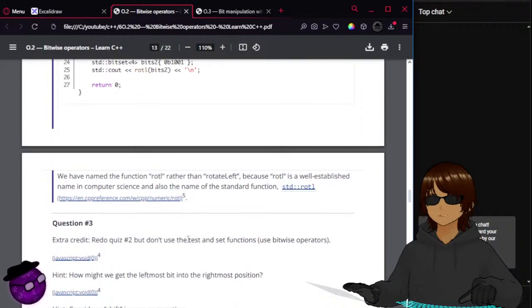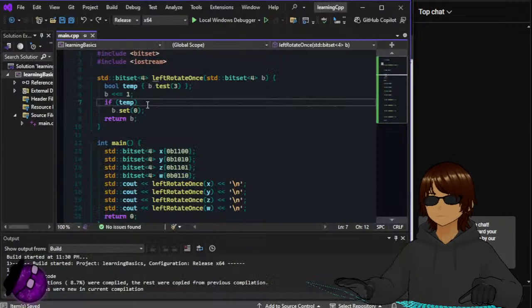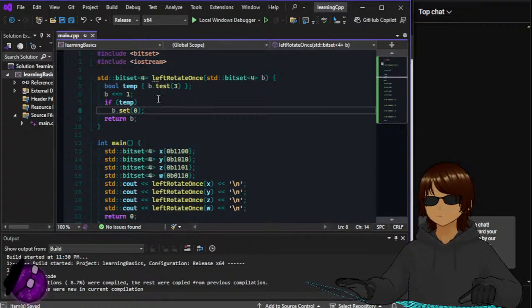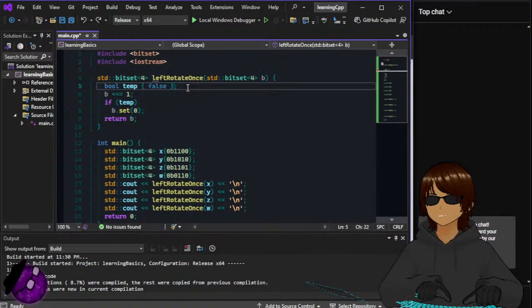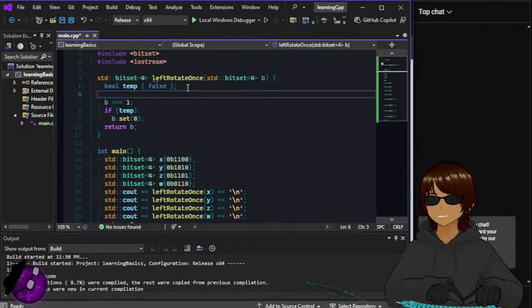Redo quiz 2, but don't use test and set functions. Use bitwise operators. Okay, so I can't do test. So Boolean temp is false, false, and then